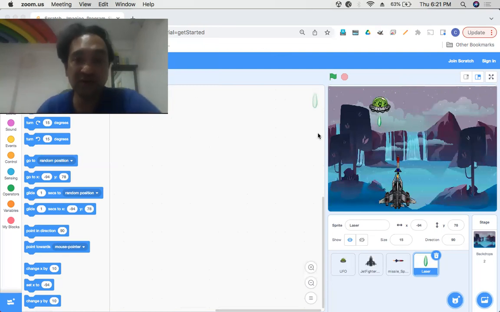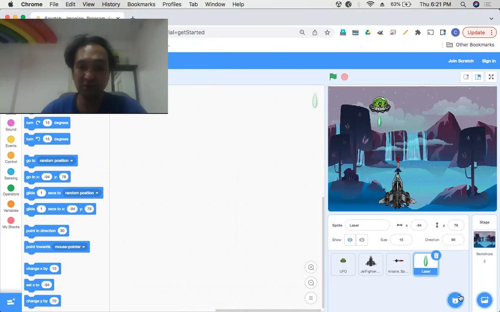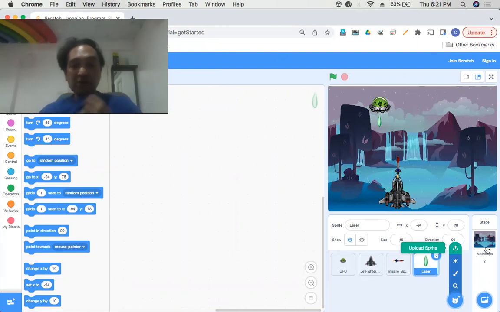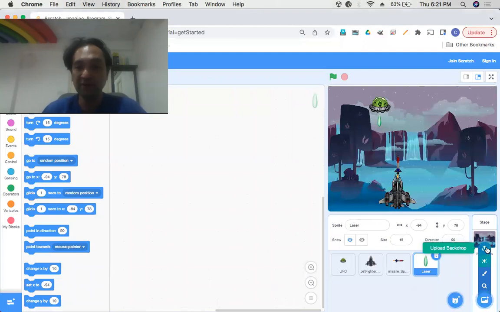On your screen, you can see there are a few images that I have already uploaded. How do you upload an image to Sprite? First of all, you download it from the internet or from somewhere, or you can ask some of your artist friends to make those images for you. You can upload these images using this button over here. Hover on the Sprite and upload an image. An image selection box will appear, and I have uploaded 4 images over here,